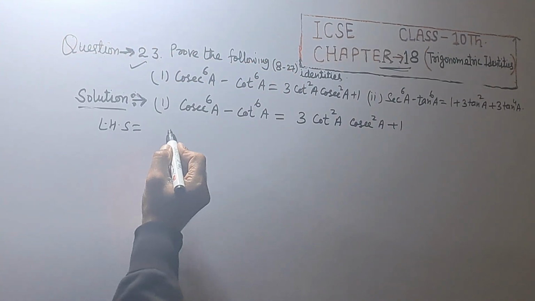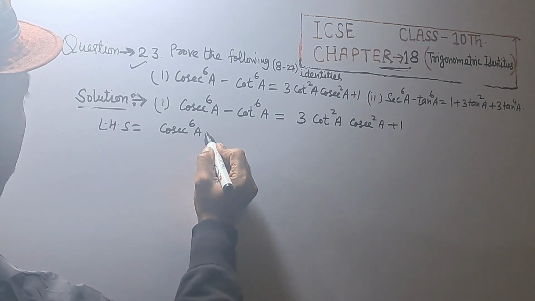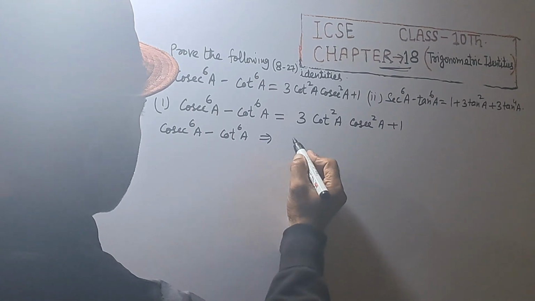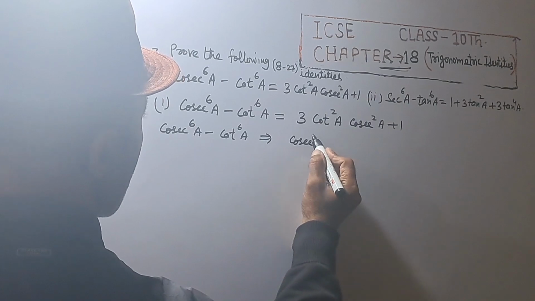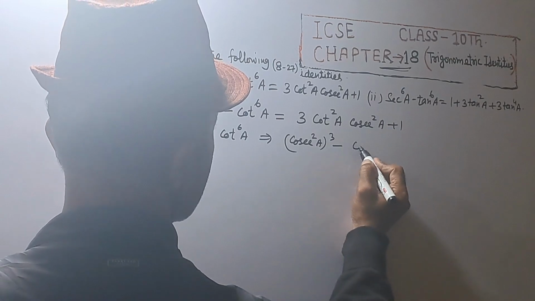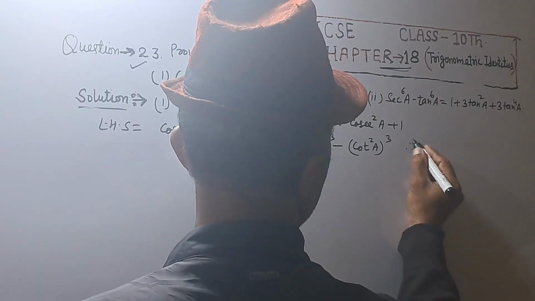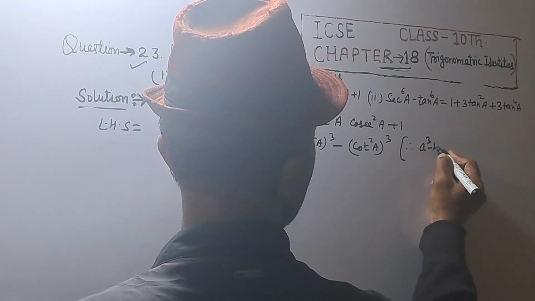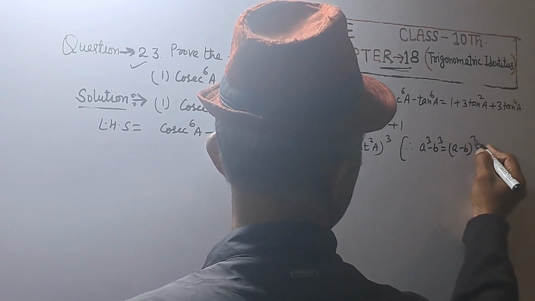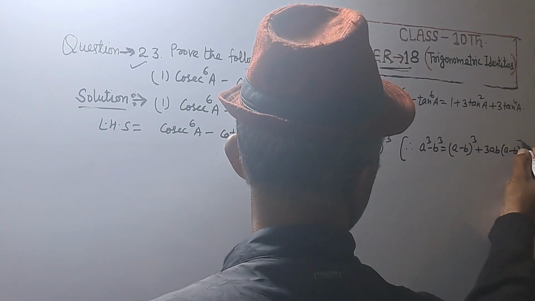Taking the left hand side, cosec^6 A minus cot^6 A, which implies (cosec^2 A)^3 minus (cot^2 A)^3. Using a cube minus b cube is equal to (a minus b)^3 plus 3ab into (a minus b),